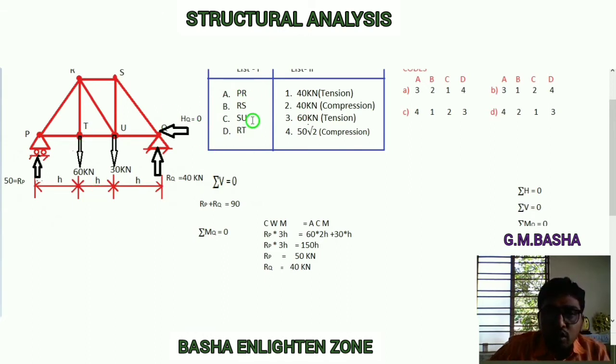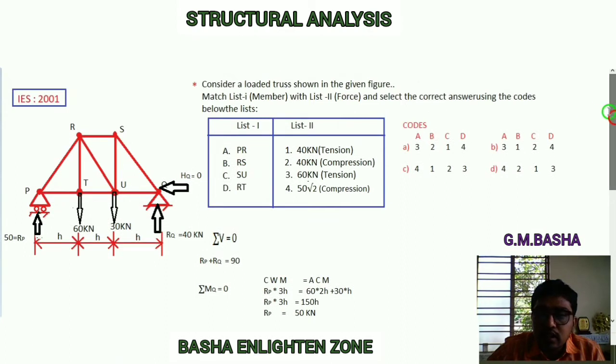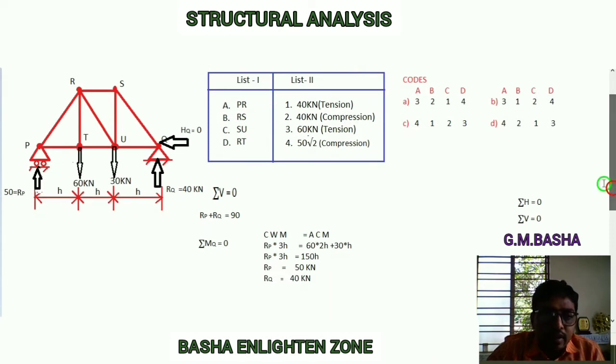So there will be 4 members. In these 4 members, you will choose any one which easily gives the answer, because here the question is not asking you to resolve the entire forces and find the forces in all the members. They are asking just find the forces in these members and match the following. If you get any 2 or 3 members correct, your options will tally, then you can go for that answer. See here, in this entire truss I am taking joint T.